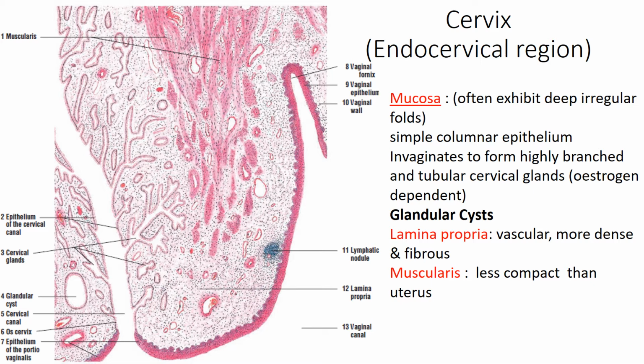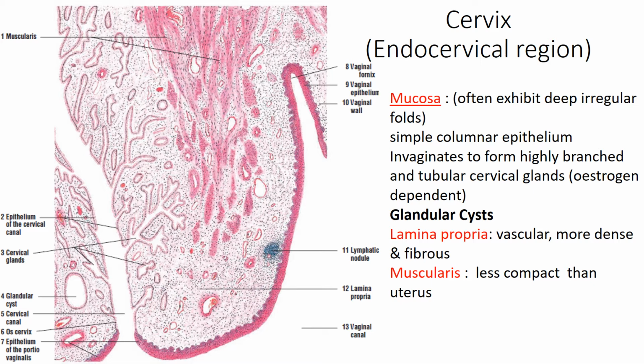And during pregnancy, if the embryo is implanted, these cervical glands proliferate further and secrete highly viscous mucus. Under the influence of progesterone, they start secreting this highly viscous mucus that forms a mucus plug in the cervical canal. And this mucus plug counters the entry of pathogens even into the uterine cavity.